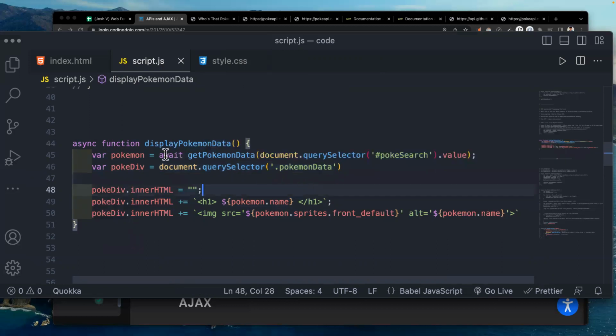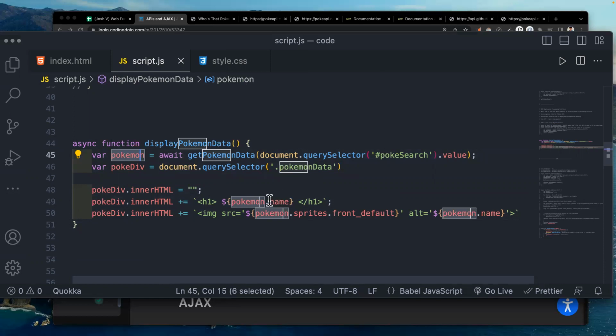Okay, so this is accessing information on our page, on our HTML document. And then another line, PokeDiv, which is this variable, .innerHTML equals empty quotes. To this div.innerHTML, add an H1 of the pokemon.name. So this variable calls .name. And then we're also adding to it the sprites.